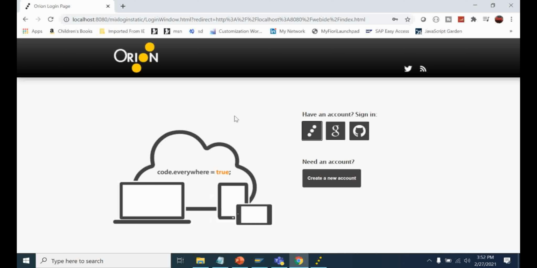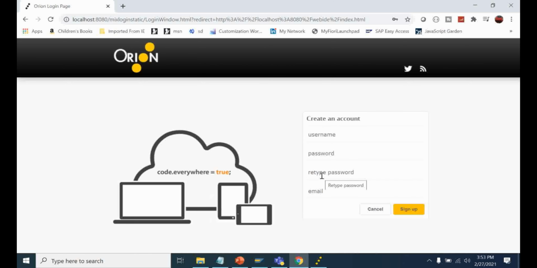Now we will see in the browser what will happen. Here we can see the Orion page instead of the error. If you installed it for the first time and are using SAP WebIDE Personal Edition, you have to create a new account. If you already have an account, you can directly log in using the sign in option here. Creating a new account is very simple.